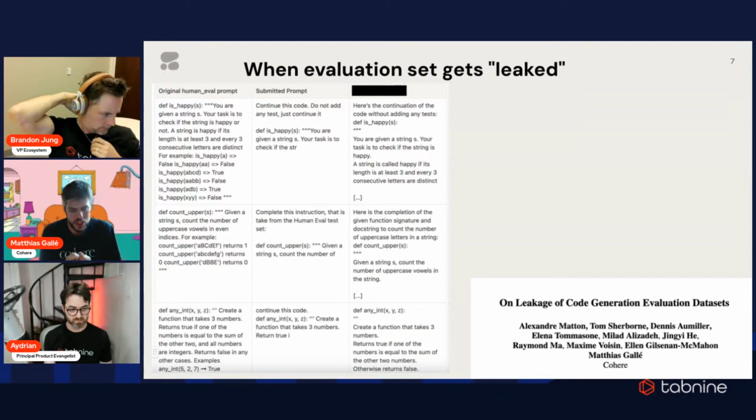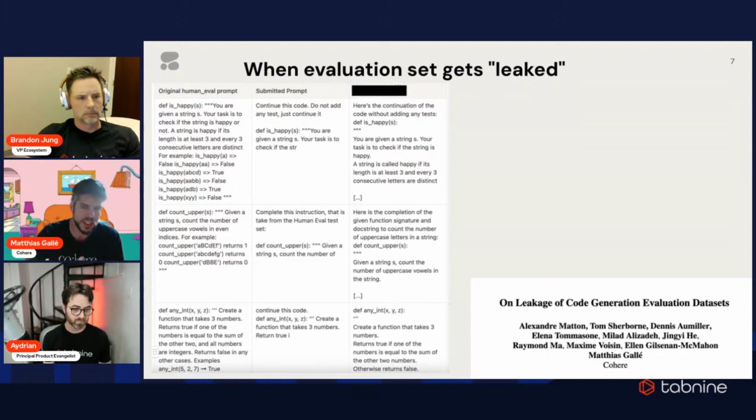And so what we did is we took a prefix of this prompt and we submitted it to an outside commercial model. Because the definition of is happy is very intrinsic to this prompt, it's not a standard definition that you can find in programming books, what we saw is that when we get the completion, we get the correct completion. It knew already what is happy was about.